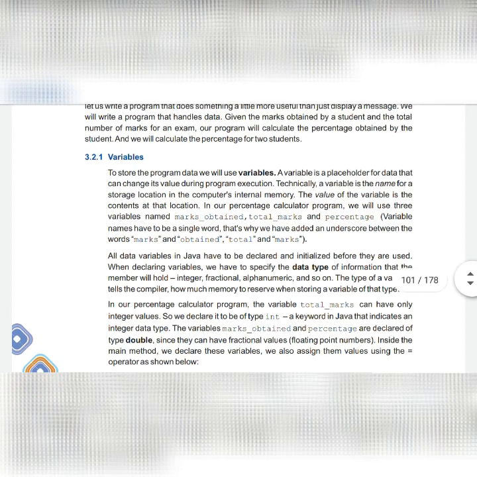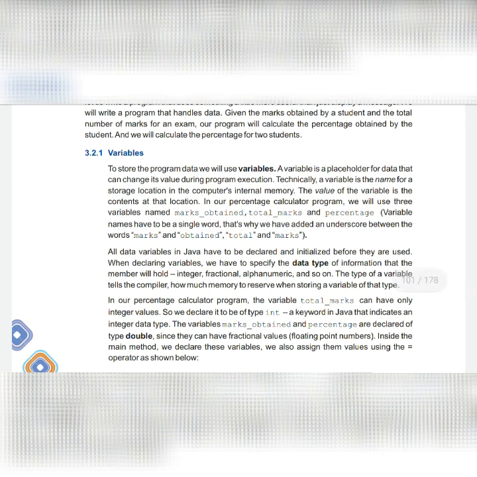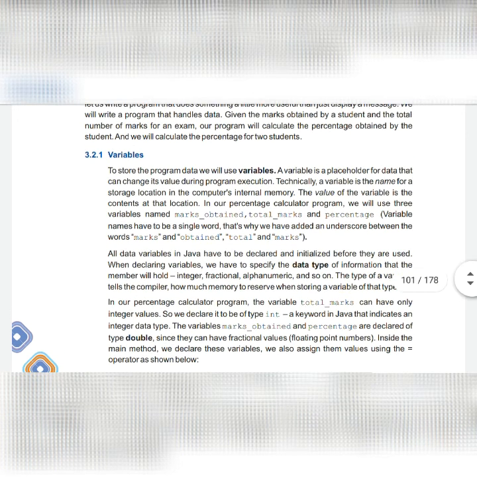In our percentage calculator program, suppose we have written a Java program for calculating the percentage. So in mathematics, what's the formula of the percentage? For the percentage we require total marks obtained, and we calculate it by multiplying by 100. So for this, we need three variables: one for marks obtained, one for total marks, and one for percentage.